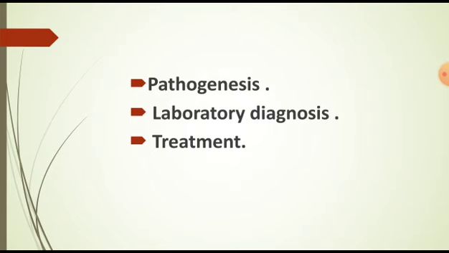And third, wound botulism. It is a rare condition that results from infection of a wound with Clostridium botulinum type A. The toxin produced at the site of infection is absorbed in the blood, resulting in various neurological manifestations like oculomotor and pharyngeal paralysis. And their laboratory diagnosis is hematological investigation and bacteriological investigation.